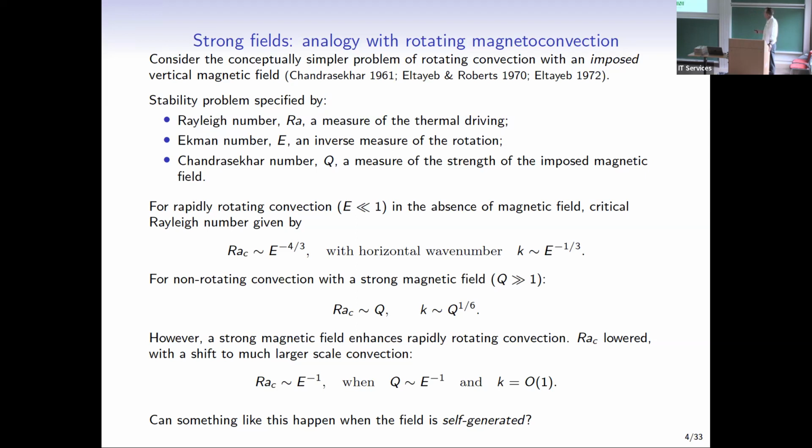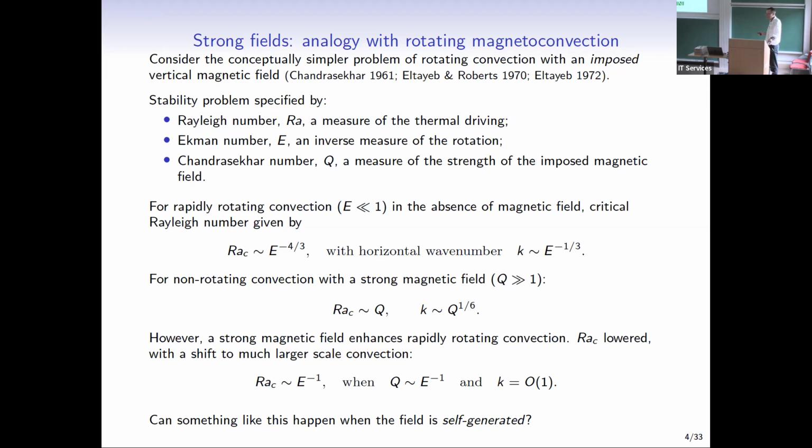Rayleigh number measures the driving, Chandrasekhar number, let's say, measures field strength. And in each of the extreme problems, if you have no magnetic field, then as we've just seen, you get very small cells and a very high critical Rayleigh number. Conversely, at the other end, with just a magnetic field and no rotation, at high Q you also get very small cells and a high critical Rayleigh number. Interestingly, putting them together,